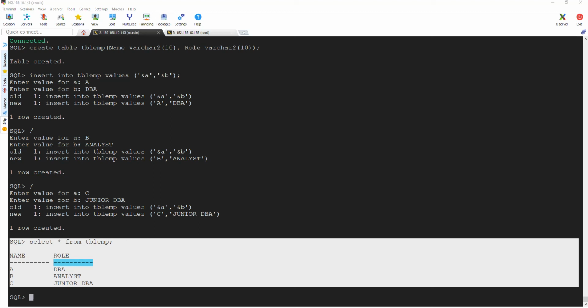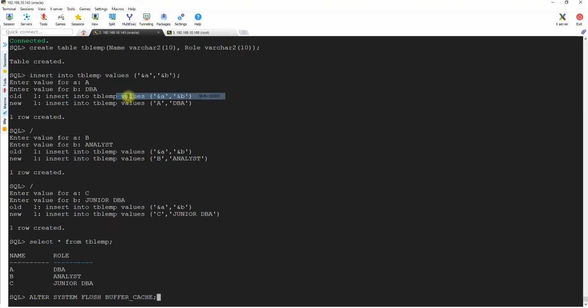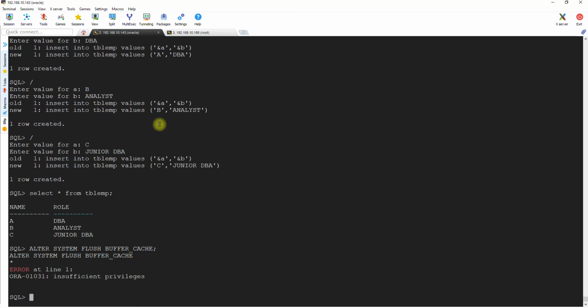Let's flush the buffer cache. Sorry about that. Connect this.